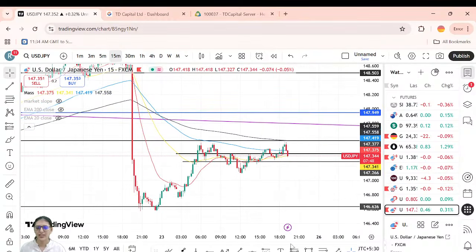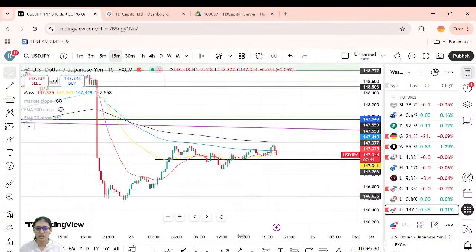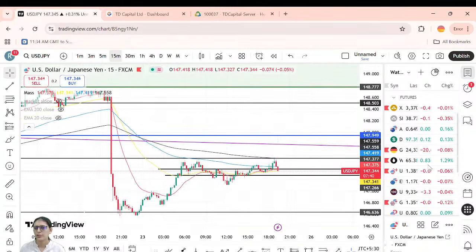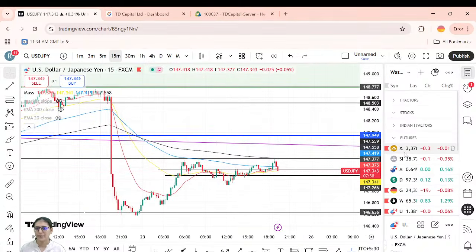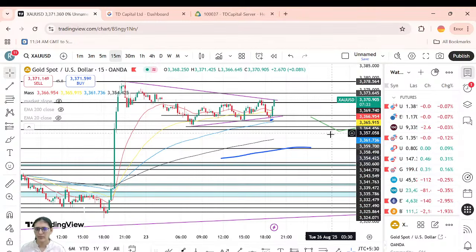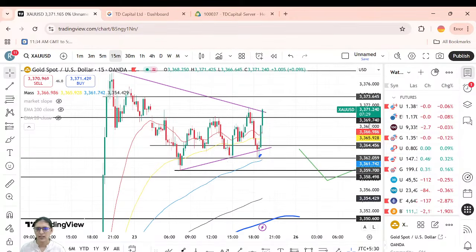So yes, we were discussing some trades in our community session, and we will be following up and sharing those trades with you also. Let me discuss the chart that we were already discussing. We discussed this trade in our community, right?